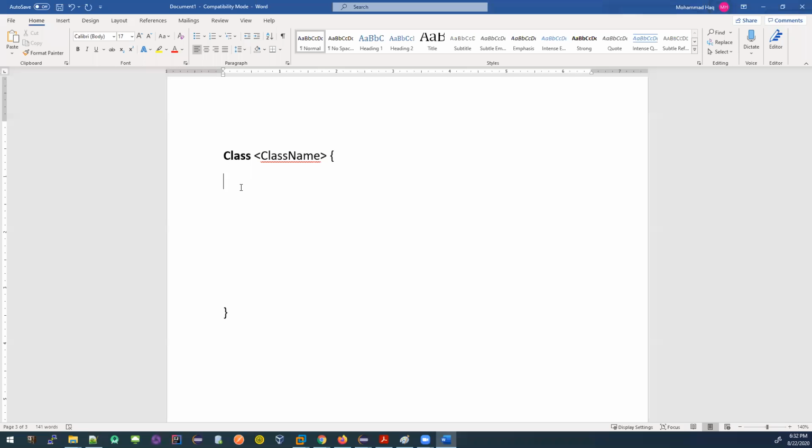Your main method should have all the titles. What are the titles? Public, static. It has to be small letters. Static, void, main. Then inside it should be String, then the square brackets, then args. Then it will start with a curly bracket and end with a curly bracket. These are the borders, that means this is the domain.